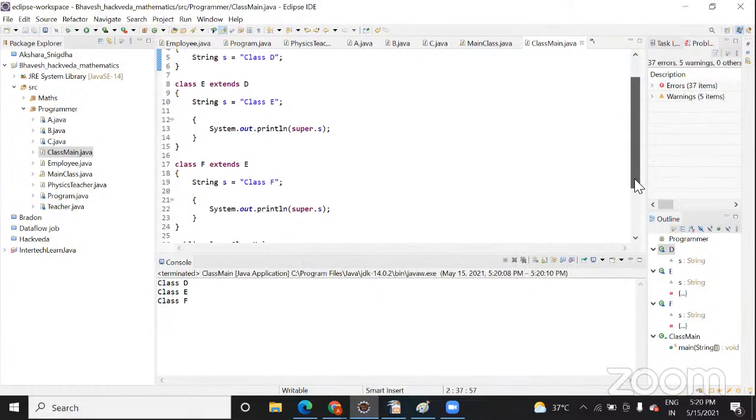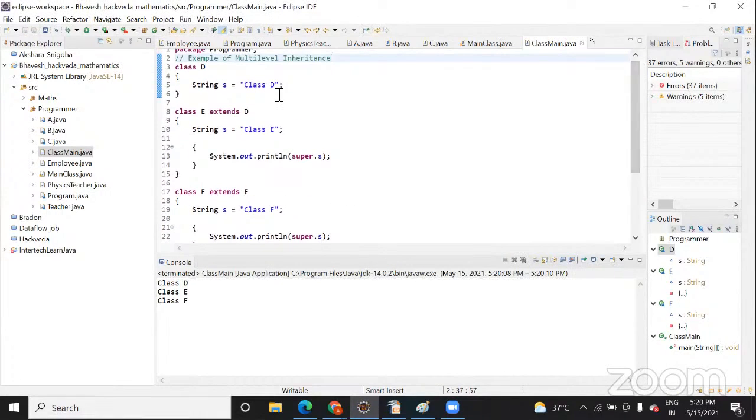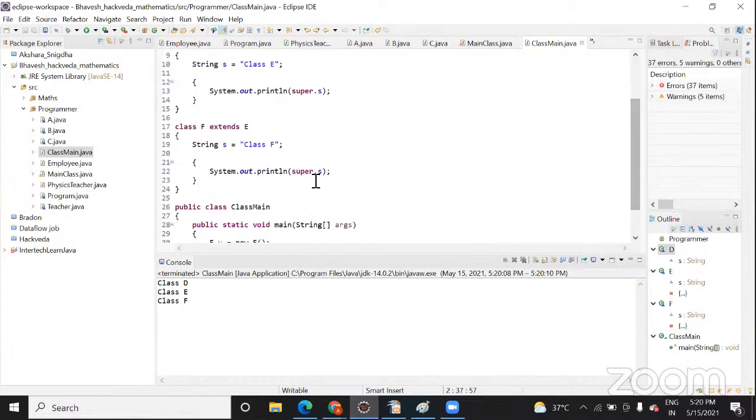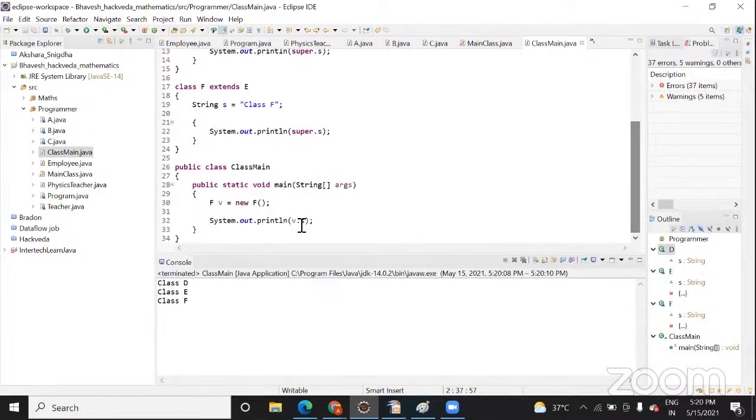So you can see here, it's printing class D, then it's printing class D for this, then it is printing class E for this, and when you create an object, it's printing v.s. v.s means current class object. So now v.s means class s.